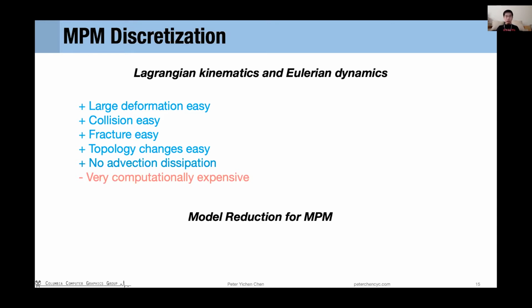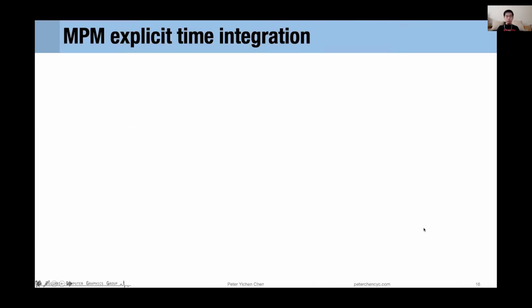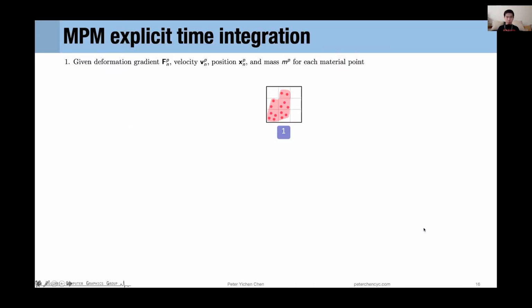Therefore, we want to explore model reduction for MPM. To begin, MPM represents the continuum as a finite set of material points. These material points here shouldn't be considered like individual particles really, but they are individual particles. Rather, they represent a discretization of the original continuum. Each material point stores